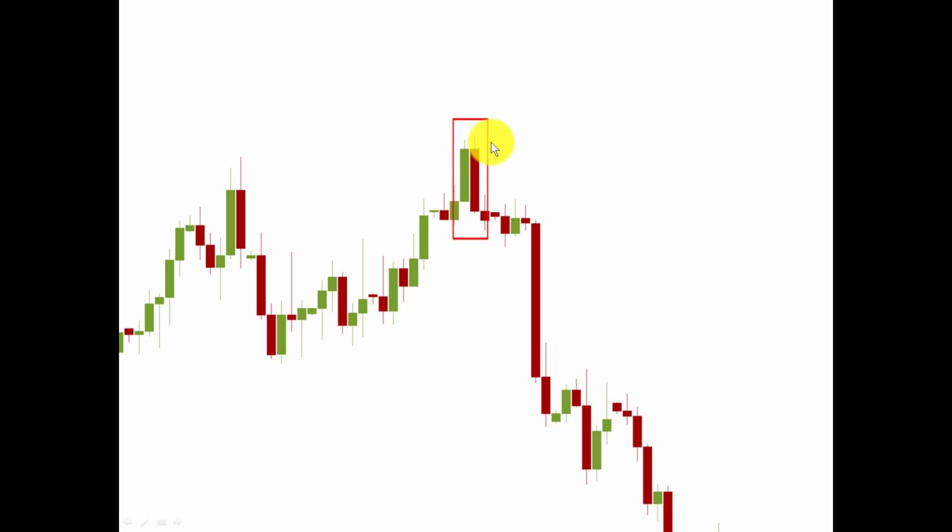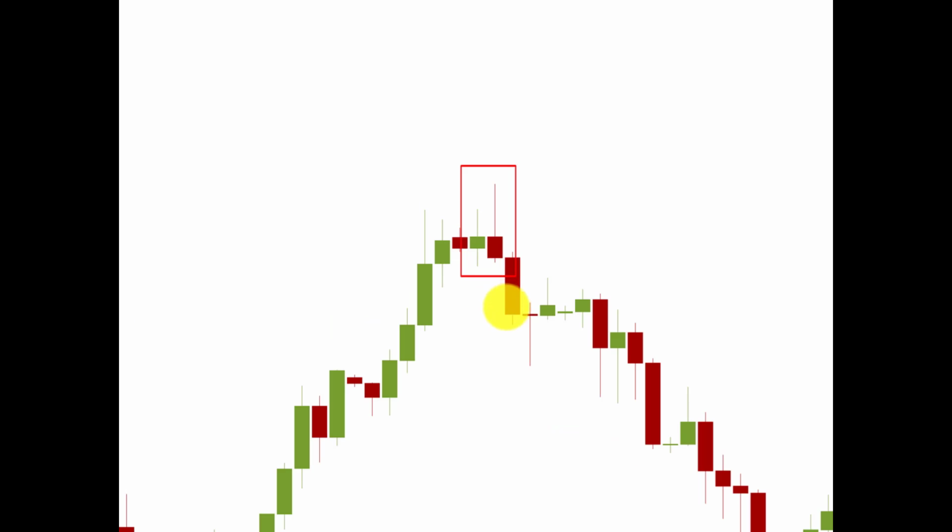This is also a bearish engulfing. It is engulfing the previous day's green candle completely, and closed well. You also notice that the lower wick or lower shadow of this red candle is very small. This again ascertains that the next candles are going to be red in color. You see this one here. Here also the lower wick is small.